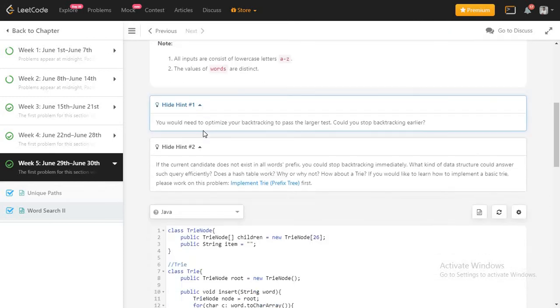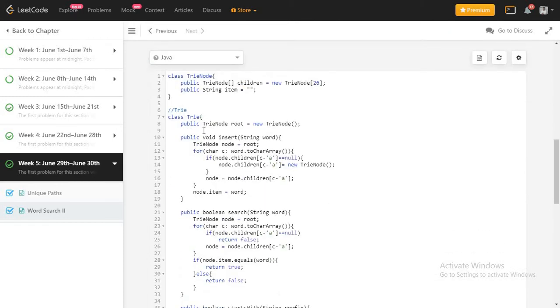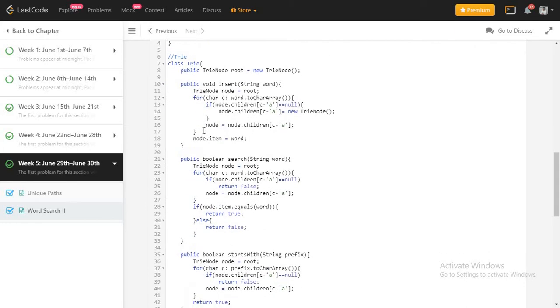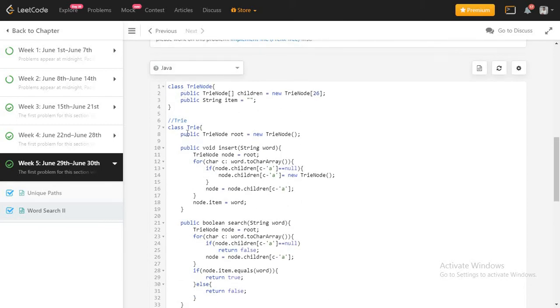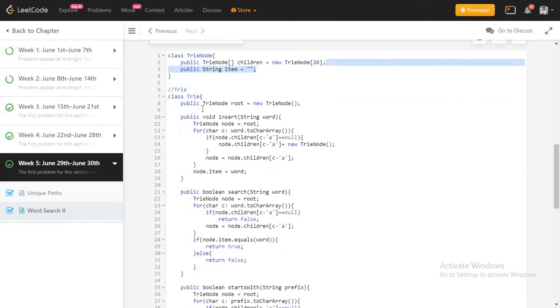Since, for the sake of time, I already wrote a trie data structure, and I am going to write the rest of the portion. If you check my already written code, I created one trie node, and each trie node should have multiple children nodes, right? So I took one array of 26, because we have only 26 characters in our vocabulary.